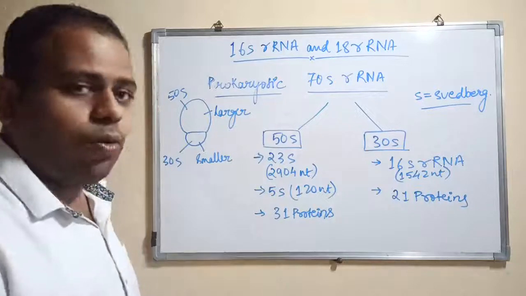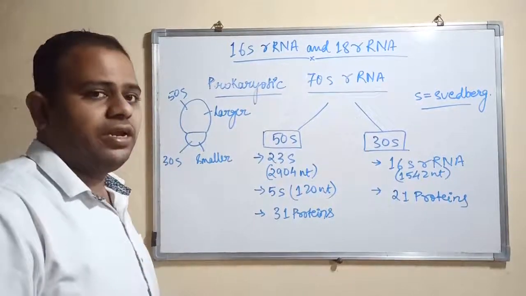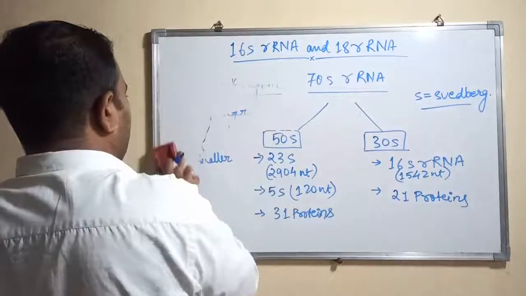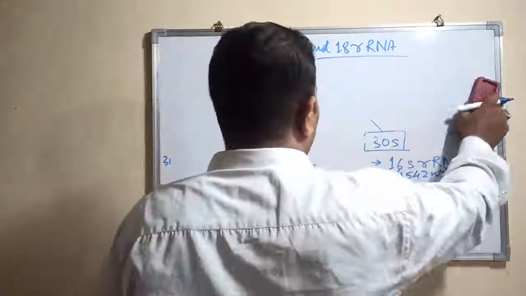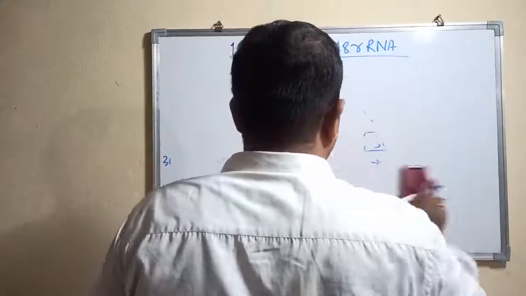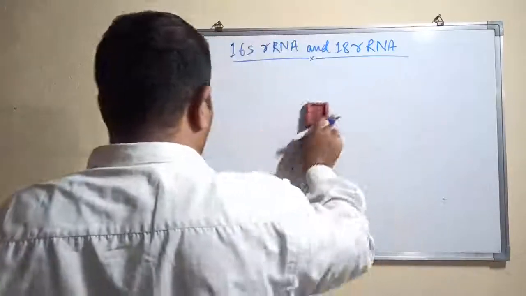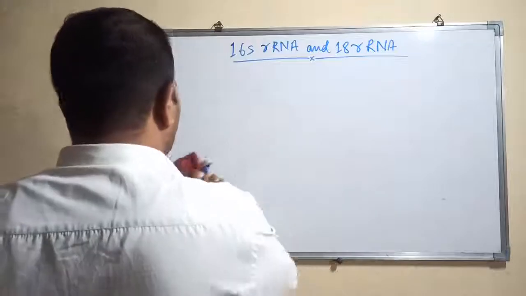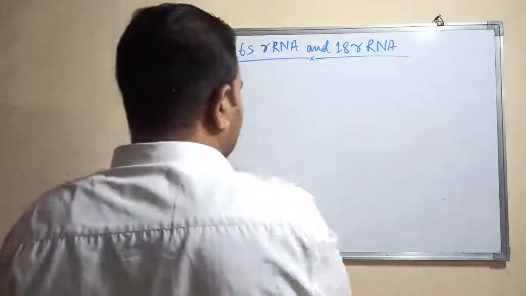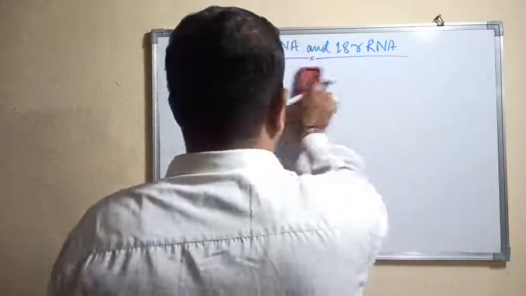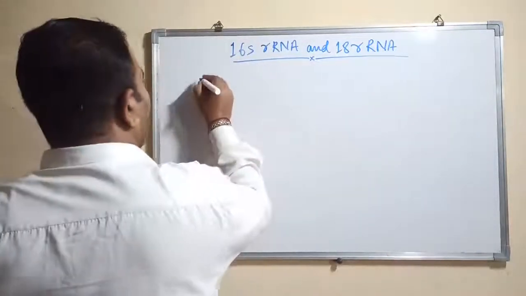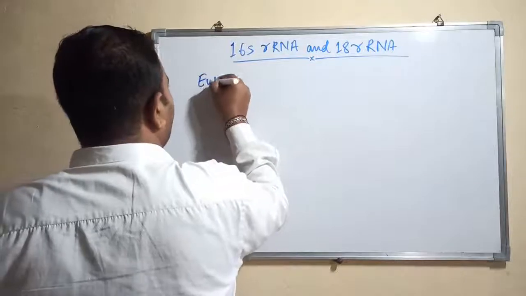Now let us see what the different ribosomes present in the eukaryotic cell are. In the eukaryotic cell the ribosome present is 80S, and its division is 40S and 60S. Though the sum does not correspond to 80S, it depends on the density of the ribosome in the density gradient centrifugation. So now let us see the eukaryotic.